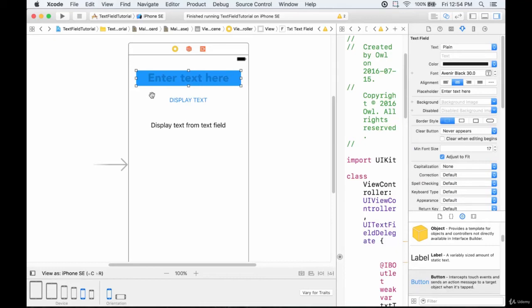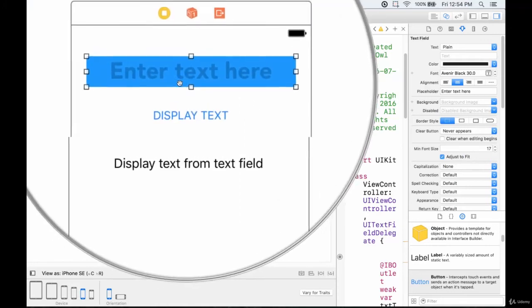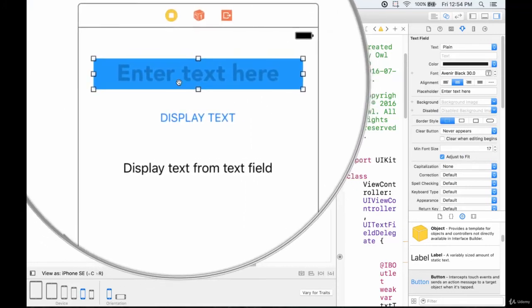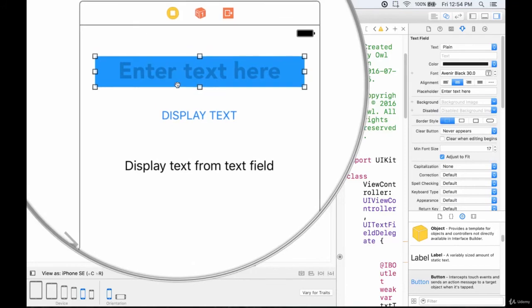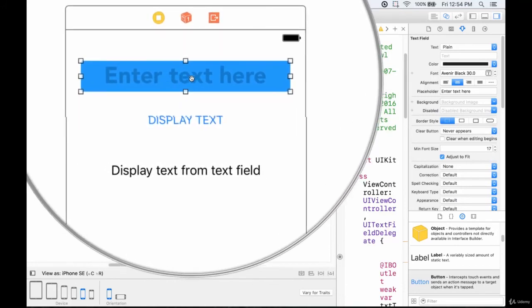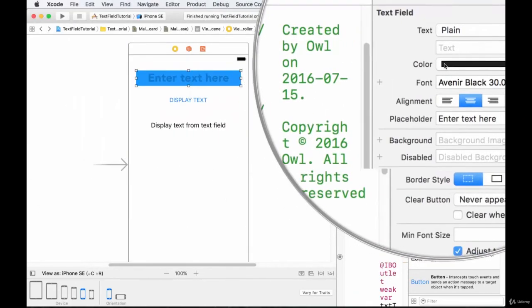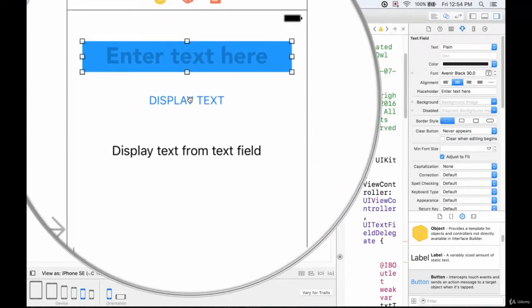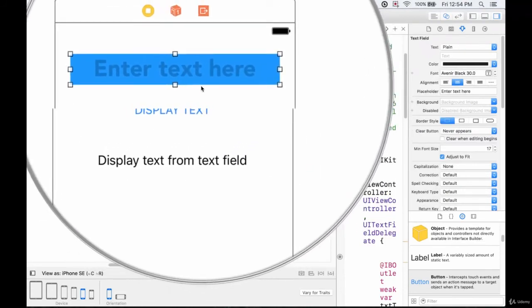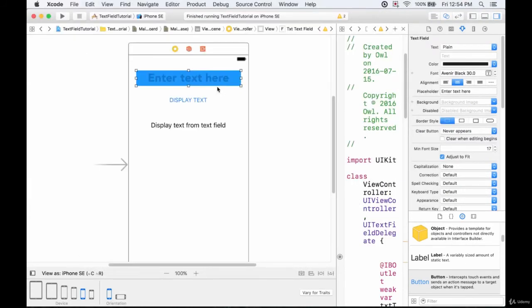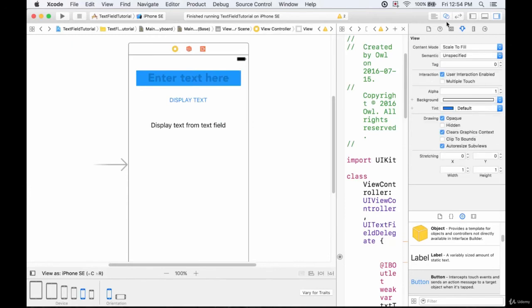However, this only sets the attributes when the app runs. So unless the attributes are modified within the code, this is how everything's always going to look. This is always going to be this aqua blue. The text is always going to be black because we set it to a black color here. Or rather it was lead, I think. And yeah, so the font's always going to be this size, this color, and everything else. So this is